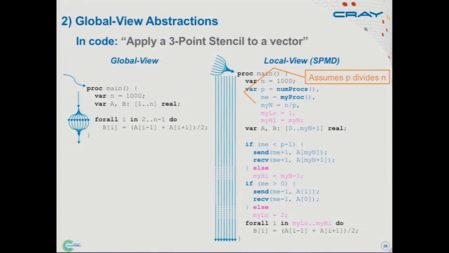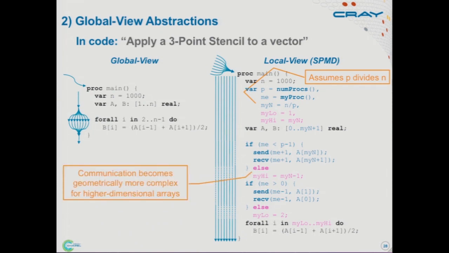If you've looked at MPI code in practice, sometimes people do this, right? It's a hassle to deal with these things. So let's just put an assertion that it divides evenly. And that's great until you want to run on a non-power of 2 number of processors or something like that. The other thing to note is that I said this isn't that bad, and it's not. But this is sort of about the second easiest parallel program you could write. As you get from this one-dimensional stencil to two-dimensional and three-dimensional stencils, all of these details explode geometrically. Because suddenly you don't just have 2 nearest neighbors, you have maybe 26 nearest neighbors. Then it doesn't fit on a slide so well.